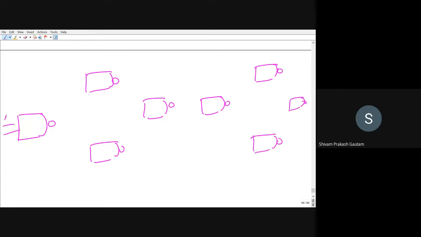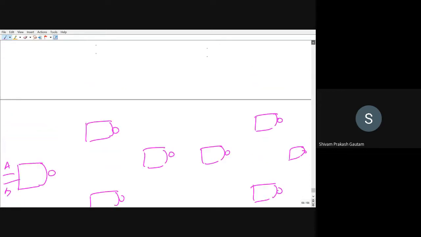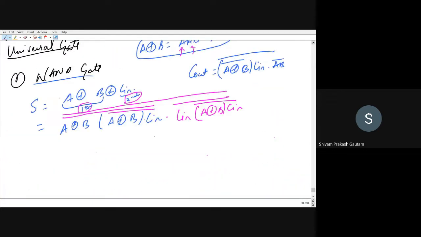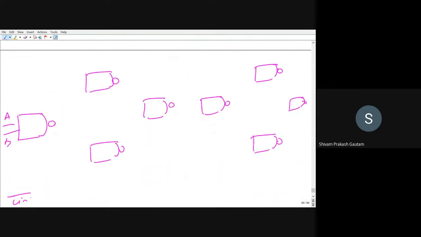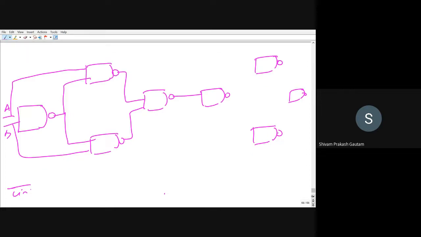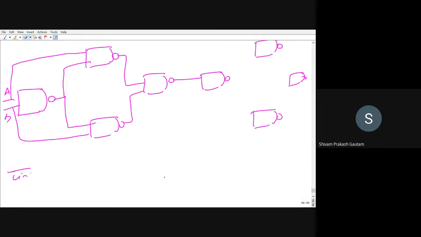Inputs here are A and B, and here is our third input, that is C in. So first we have to get the first term. What is our first term? First term is A XOR B. We have already seen this in the half adder. So this input is flowing here, this B is flowing in this, output of this is flowing here, output of this is flowing here, and both the outputs are flowing like this. And this is our input to the second half adder, and C in, you can see here is C in.